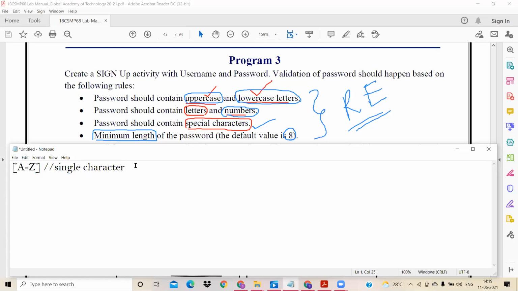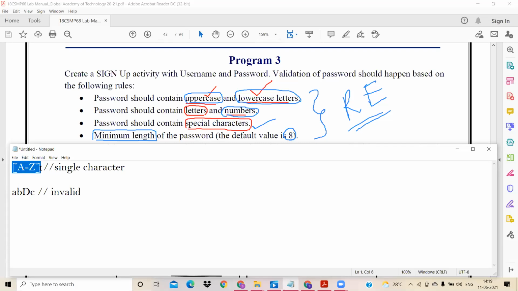Okay, for example, I've written a password called ABC. So this is my regular expression. Now in this password, is there any uppercase A, B, C, D, E, F, G up to Z? Do I have any uppercase letter? I don't have any uppercase letter, so this is an invalid password. Now, in order to make this valid, what should I do? I can include probably D. You see that in this password I'm having at least one uppercase letter.